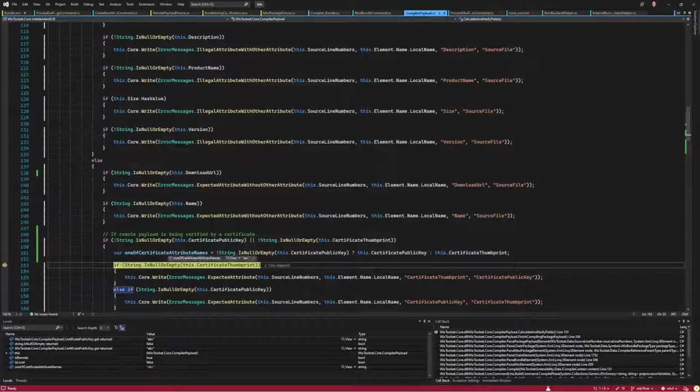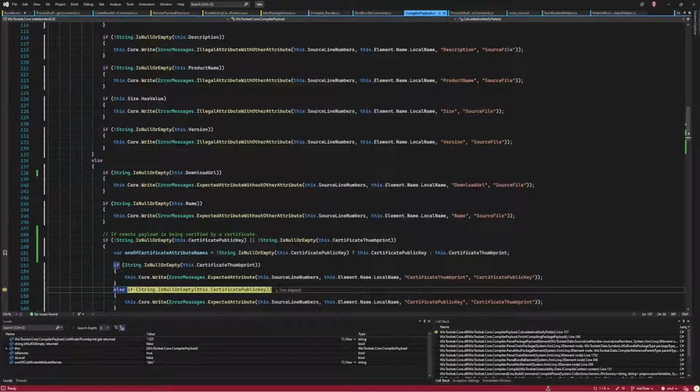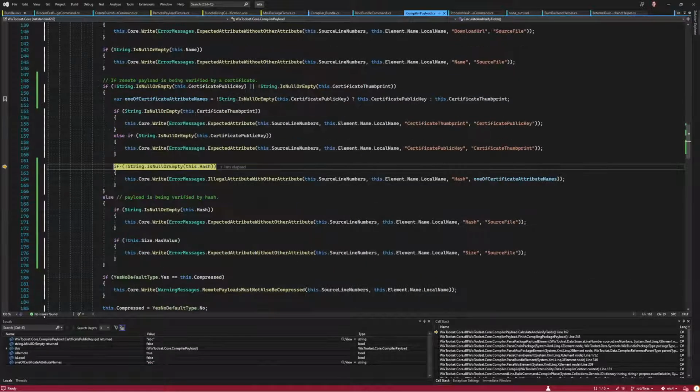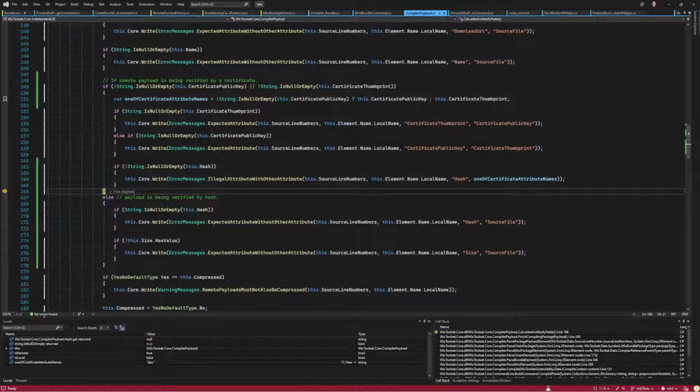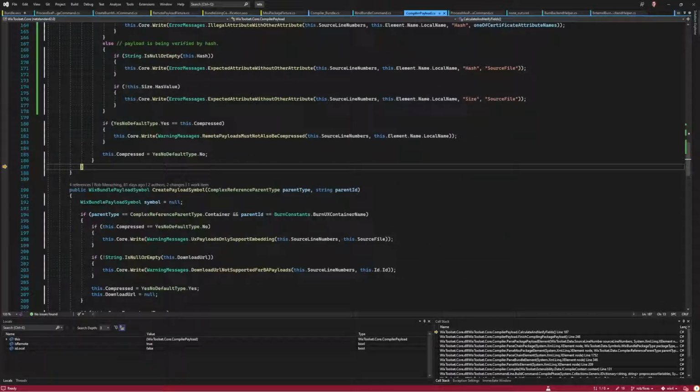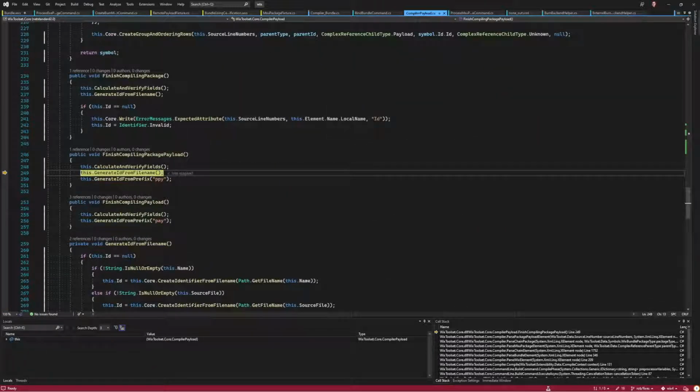Get one of the certificate attributes names. It doesn't matter. Oh, that gave me the value. Ugh. Fine. See? We'll fix that. Of course, these are the values, not the names of the attributes. Silly. All right. And if there's no hash, great. So we got past that part. Great. So now